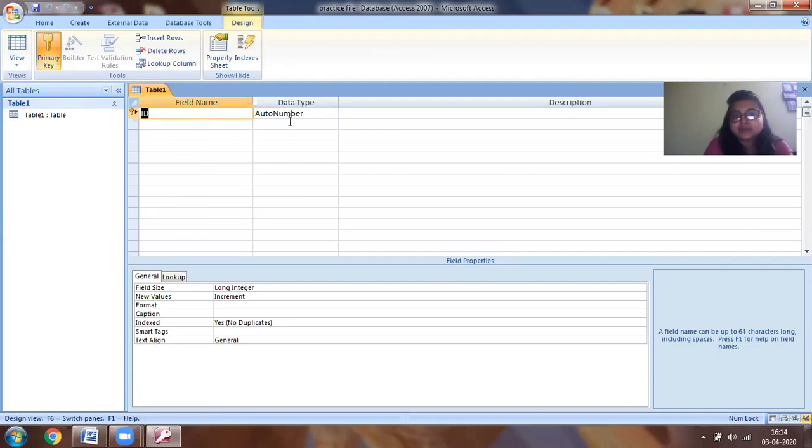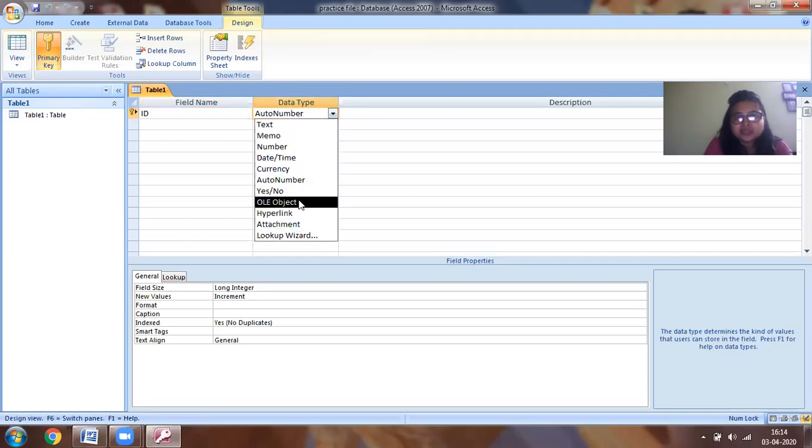Data type. If I click on data type over here, there are a number of options: auto number, text, memo, number, date and time, currency, and so on. Let me explain them one by one. Auto number is where we allow the computer to generate a number by itself.